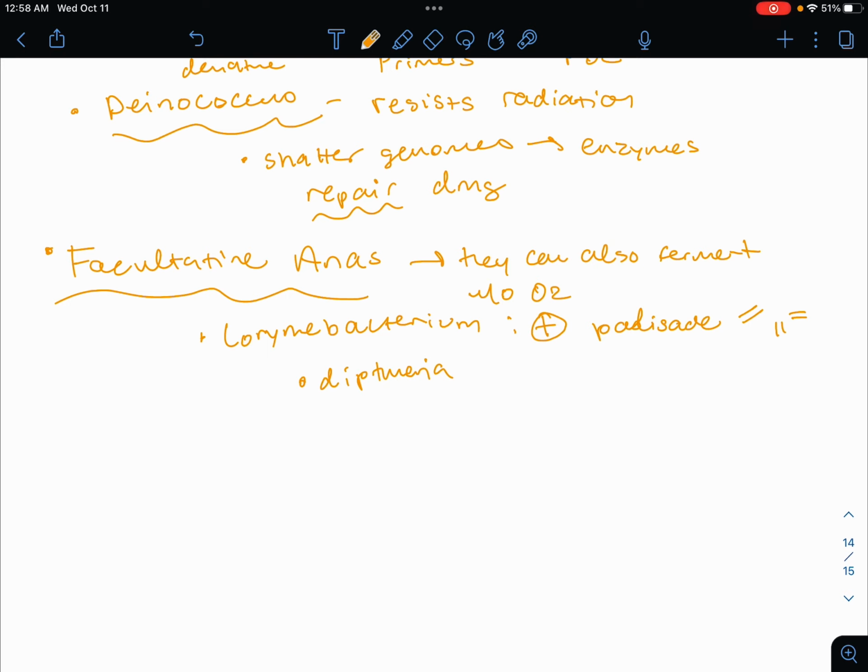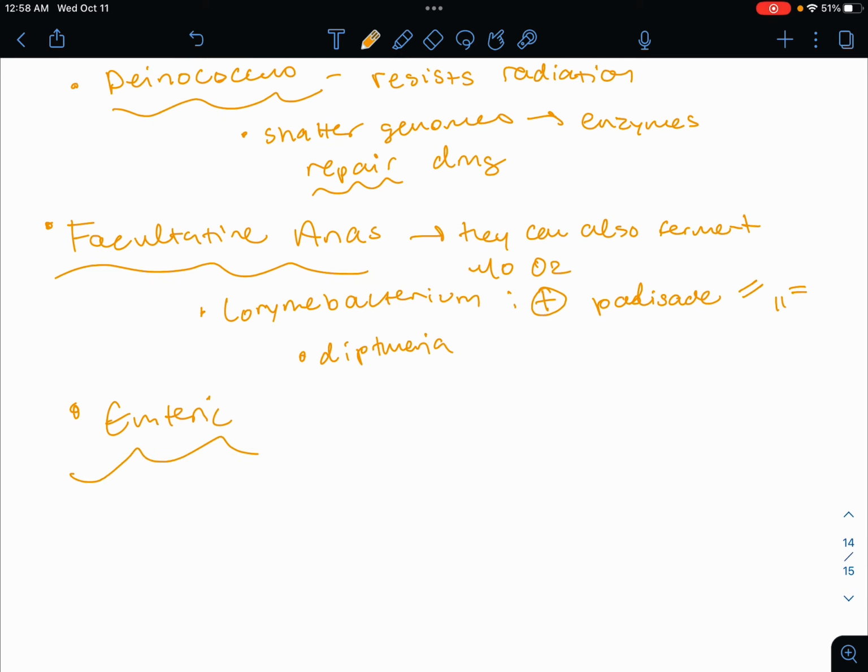We also have these facultative anaerobes. Another group of them would be the enteric bacteria, or enterobacteria. Either way, it's a family of bacteria. These are going to be gram-negative, and they're going to be in the intestine, and they like to ferment glucose. Let me clear this up. There we go, enteric. They're found, again, in the intestines normally, but they could also cause typhoid fever,